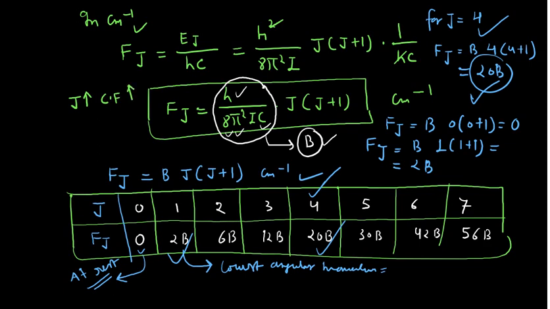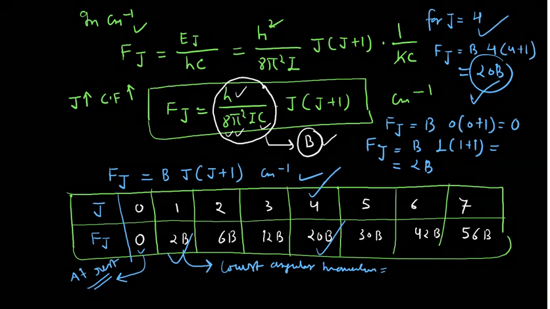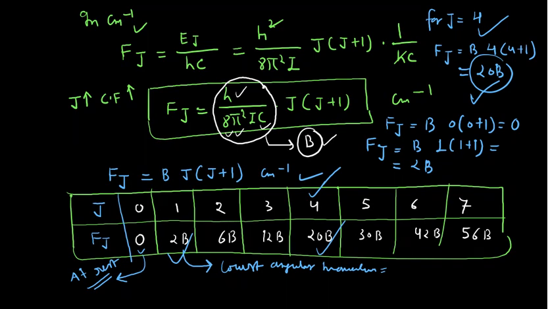This is something very, very important. Okay? And when J increases, centrifugal force increases, and the situation may come that the centrifugal force of the rotating molecule would be greater than the bond strength. And what will happen in that case? Your bond will break. But this will not happen at room temperature. This will not happen at room temperature. So, we can assume these J values.